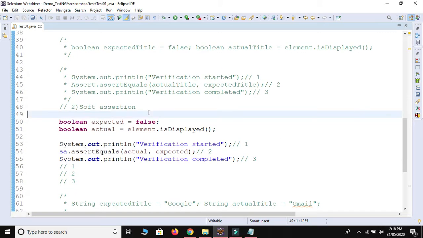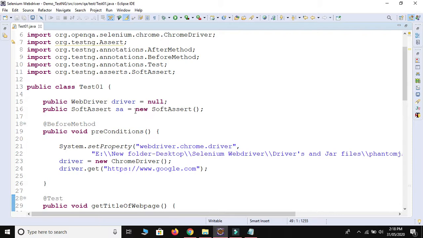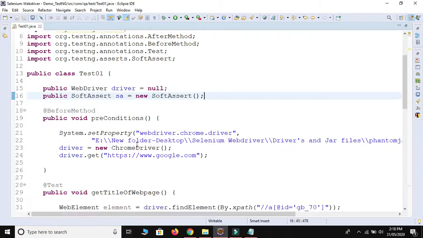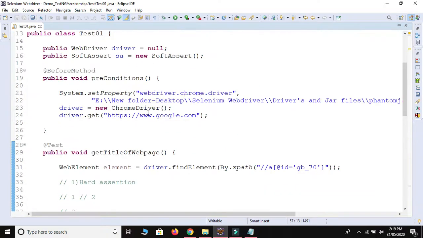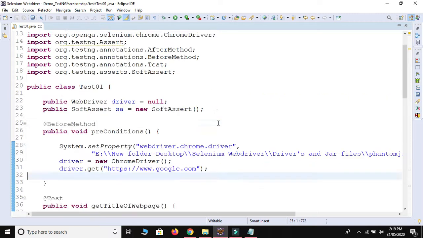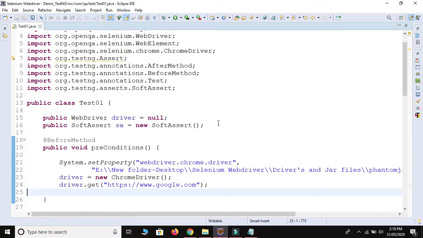To use soft assertion we need to create an object of the SoftAssert class and store each and every exception by using this method. We need to use this reference variable to compare the value. I hope you get some idea from this video on how to use assert, and when to use hard assertion or soft assertion. It depends on your requirement. And the definition of assertion is that it is mainly used for verification purposes.